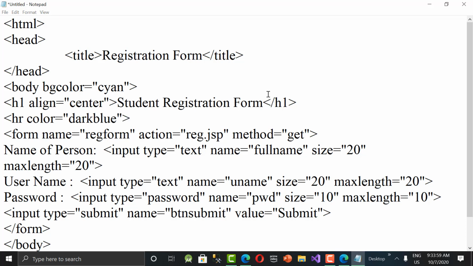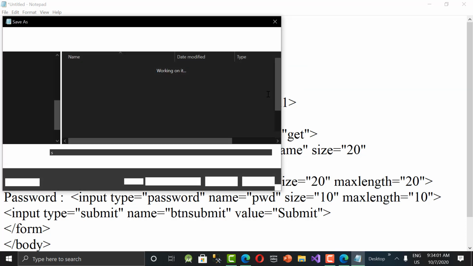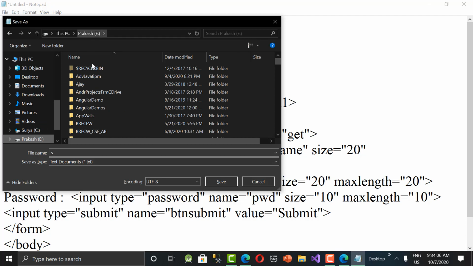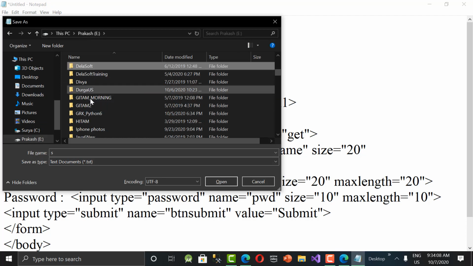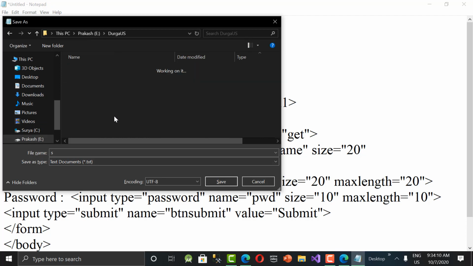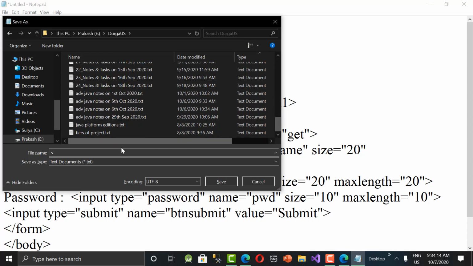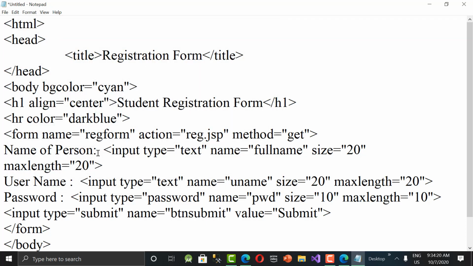So reg.html I'm saving. Okay. Go to our folder. Yeah, here I'm saving reg.html. Click on save and let's try to run it and see how it looks like.